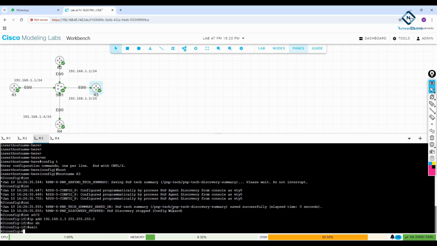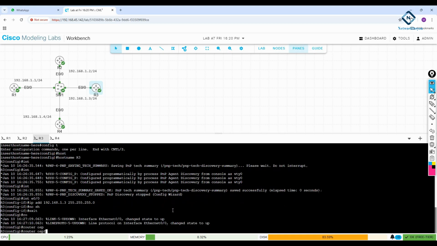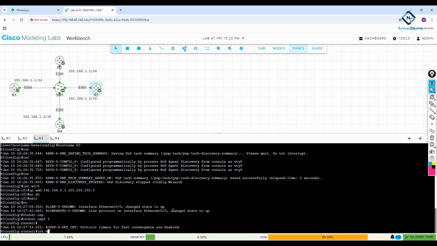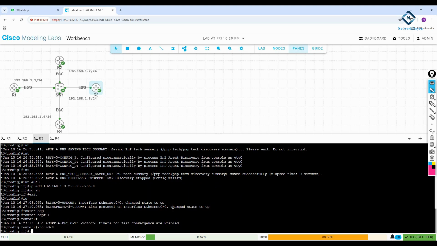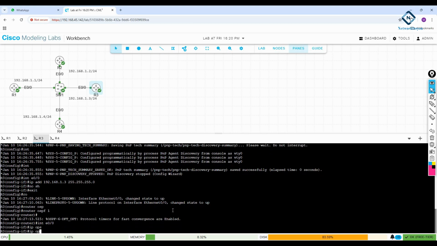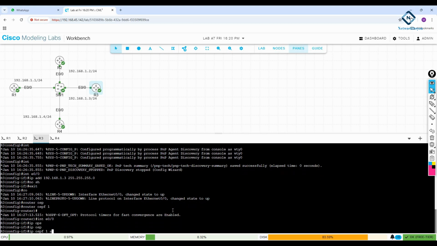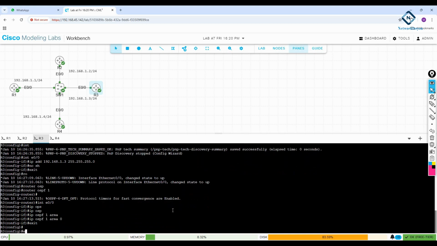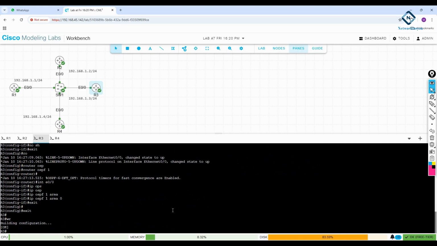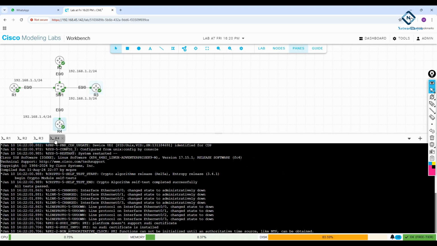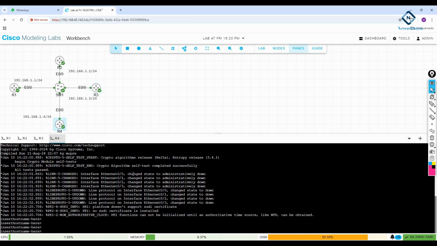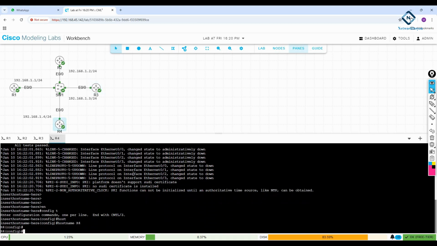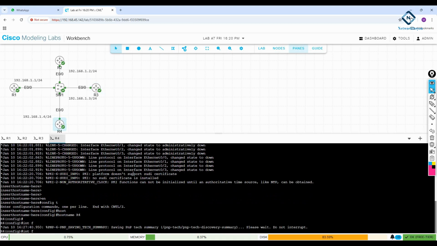Then exit and write router ospf 1, then interface E0/0, ip ospf 1 area 0. Okay, and if you want to save, write wr to save the configuration. Same thing we need to do on R4 also. So I will write enable, config t, hostname R4, then interface E0/0,